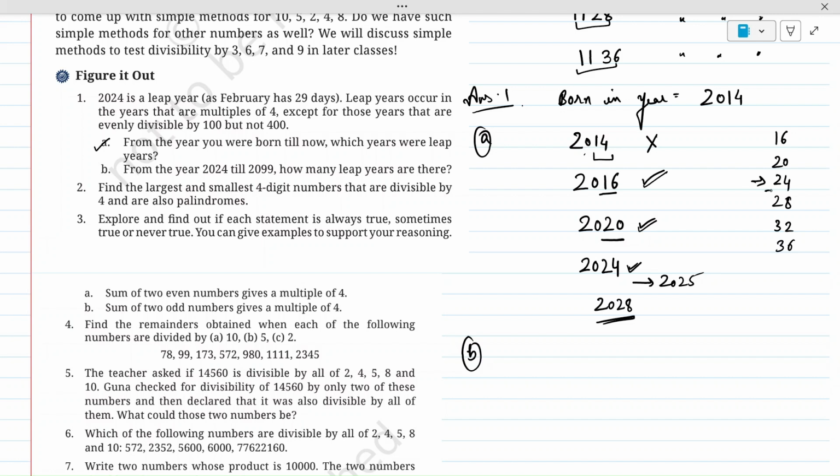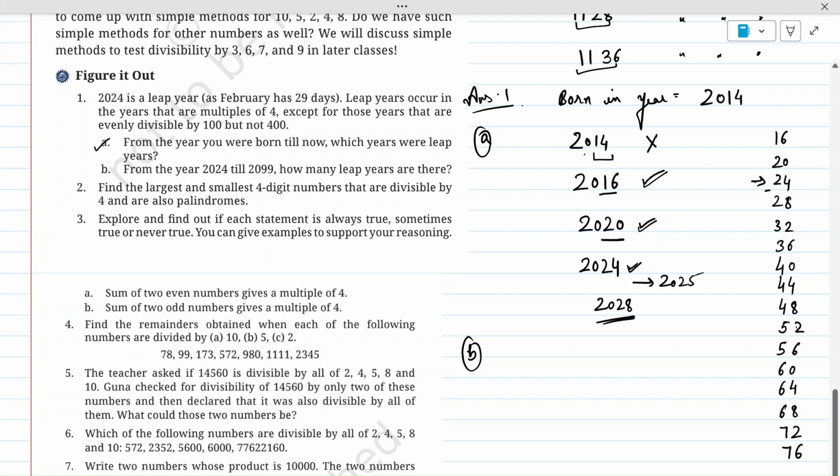So we have 24, 28, 32, 36, 40, then 44, 48, 52, 56, 60, 64, 68,